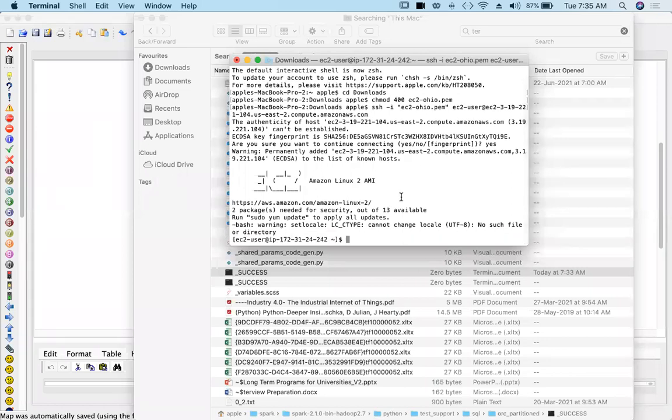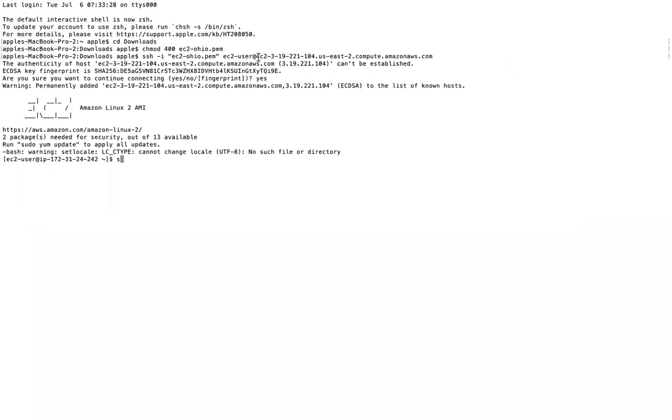And now I'll log in as root user as usual. And when you have logged in using SSH, you can copy the key pair.